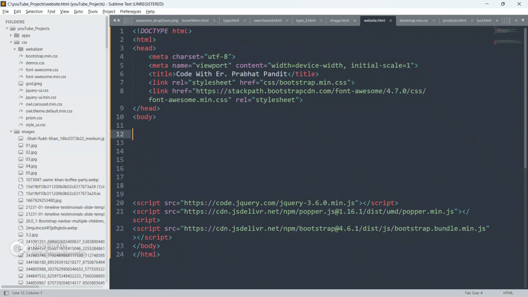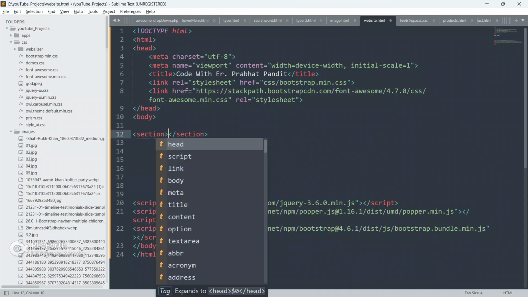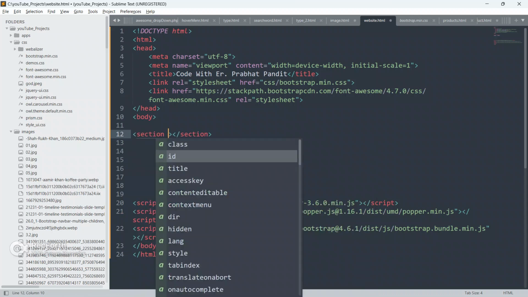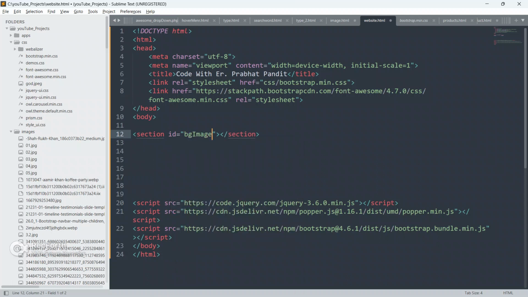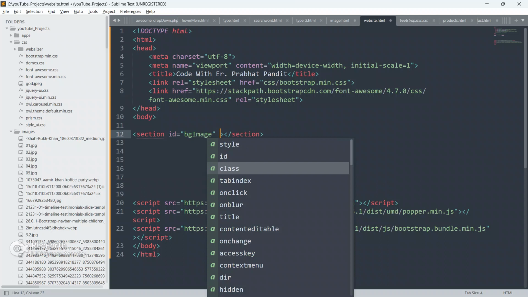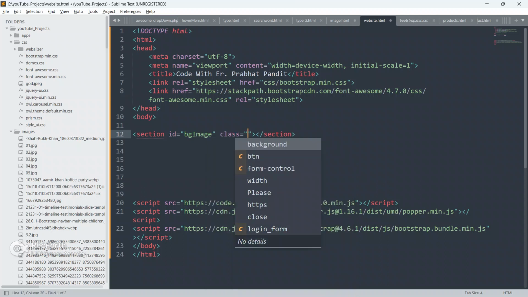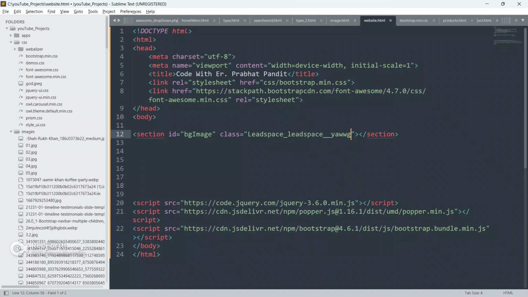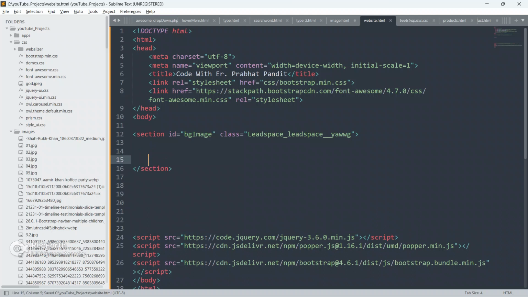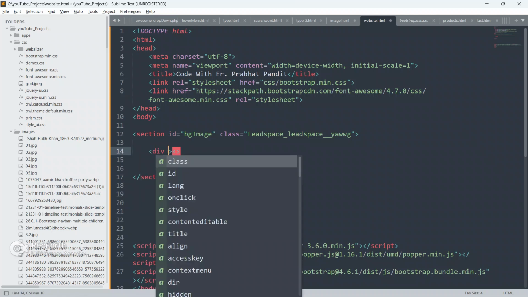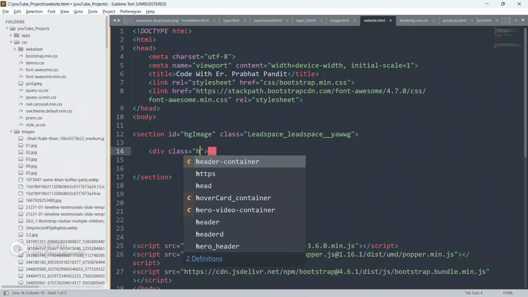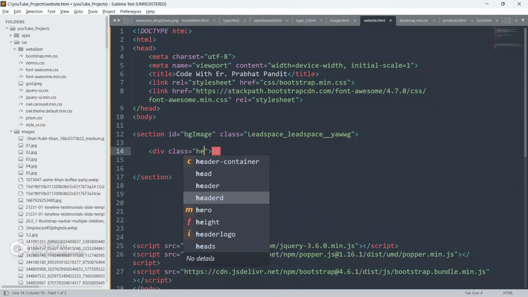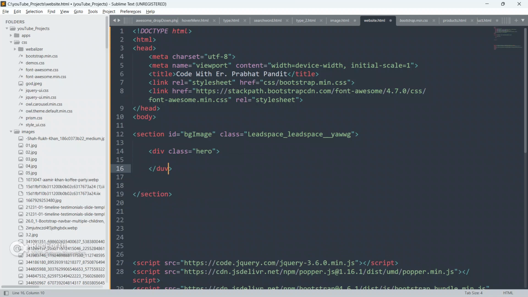Just go up and let's create a section now. Give it an ID as bg image and give it a class. Inside the section, create another div, give it a class as hero, close this div.